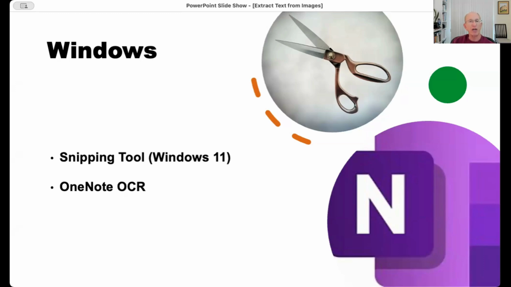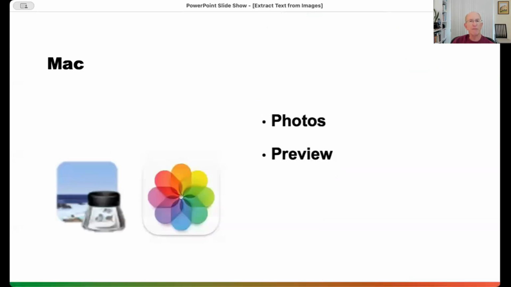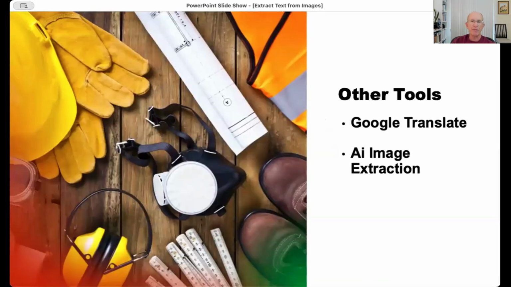I don't know if we'll have time to go to that, but we are going to try and take a look at the snipping tool and see what that will do for us. And then Mac also on Photos, it also is a preview function that exists on a Mac that does give you some ability to select text from an image that's opened up in the preview app on a Mac as well. And there's other tools like Google Translate that will look at something and can give you the ability to